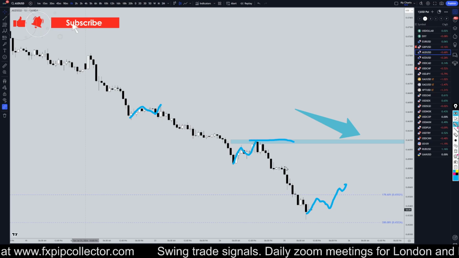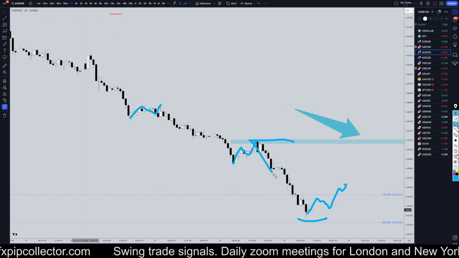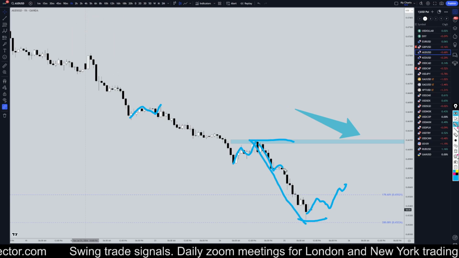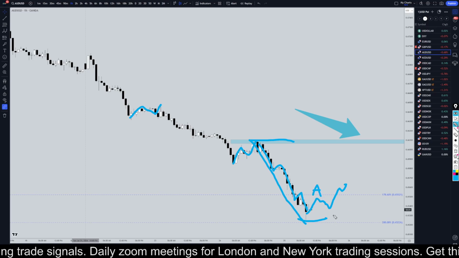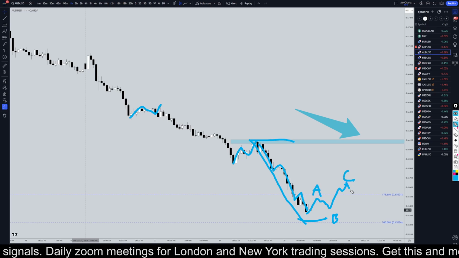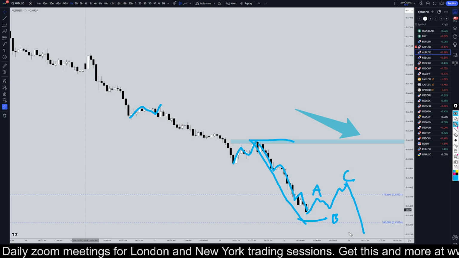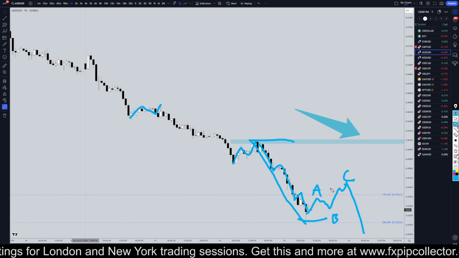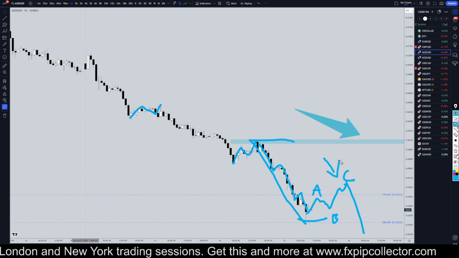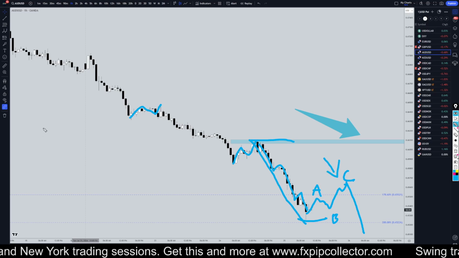I think that the next move will be a retracement to this last wave down, a nice little 1, 2, 3, 4, 5 waves down. So I'm looking for another 3 wave pullback. I'm looking for another ABC correction to go short again for the continuation of the downtrend. I would definitely ignore any long opportunities that I saw, and I would definitely focus on going short at the end of every pullback I see.